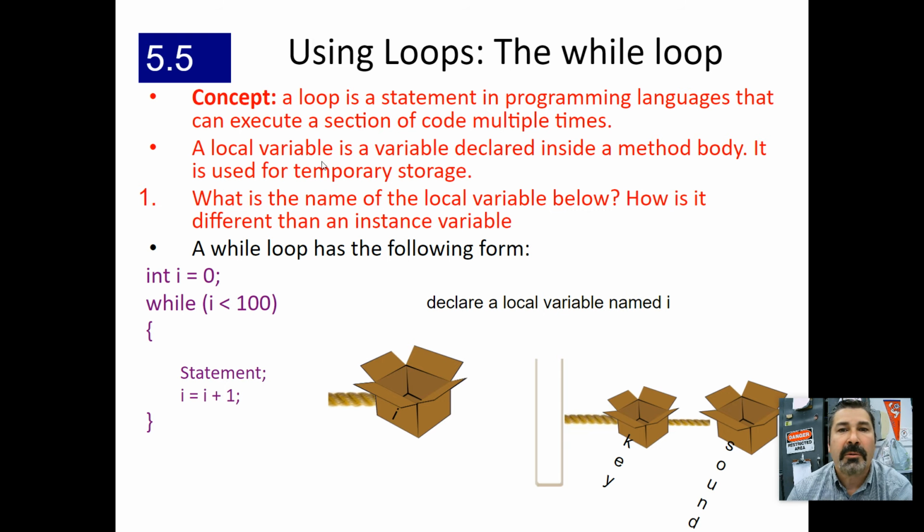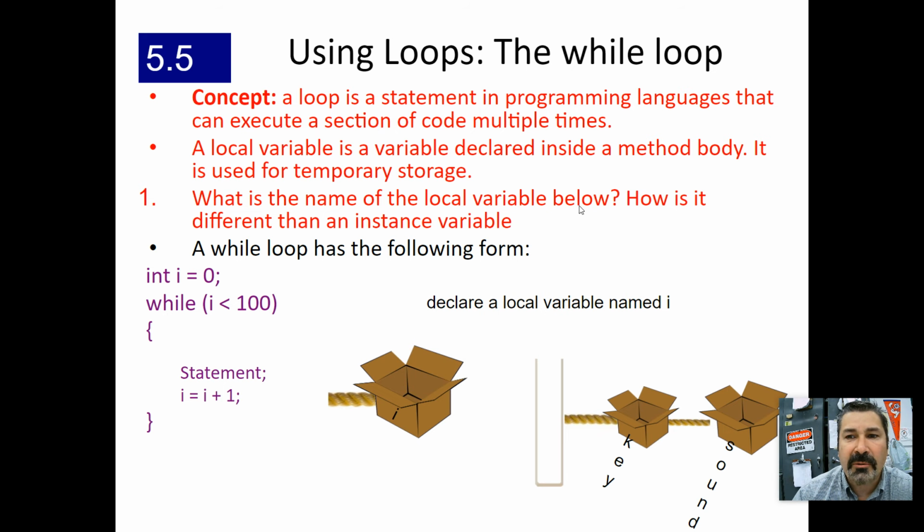Okay. A local variable is a variable declared inside of a method body. It is used for temporary storage. Okay, write that down. And the idea is int i is a local variable. It's going to only work in this area. Okay. But that int i,